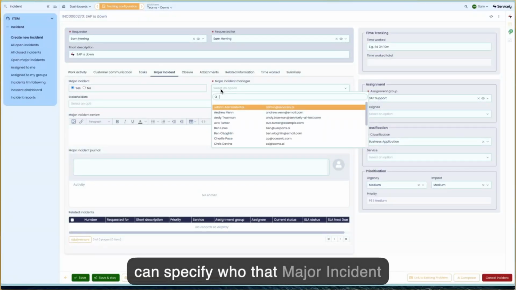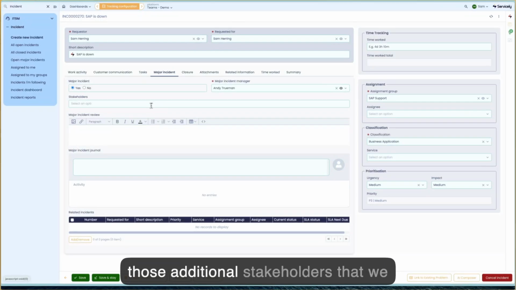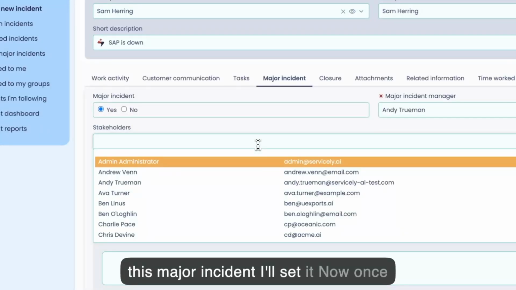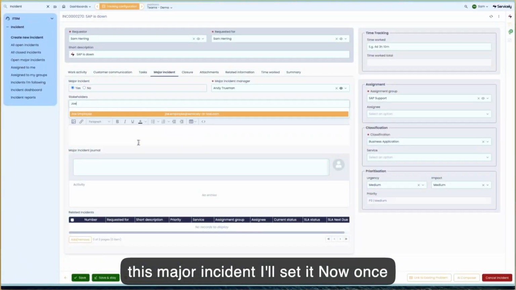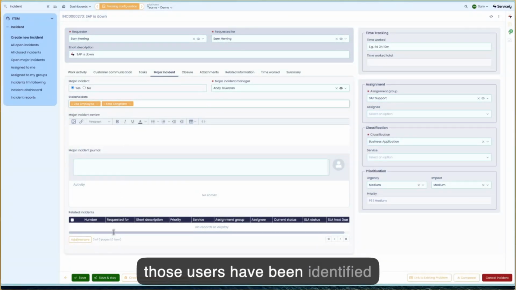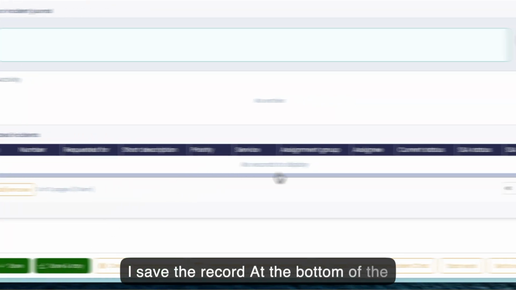Here I can specify who that major incident stakeholder is, as well as any of those additional stakeholders that we would want to bring in to swarm on this major incident. Now, once those users have been identified and I save the record, at the bottom of the screen, I get